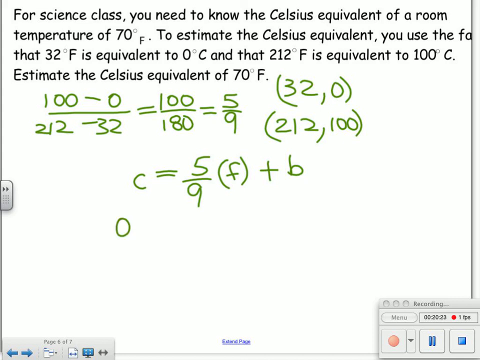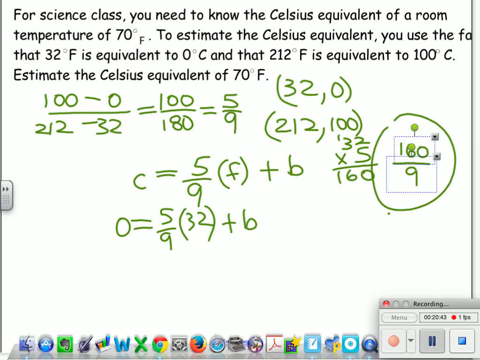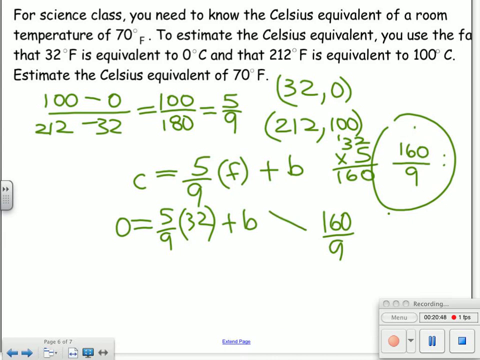I'm going to choose 0 as the number for the Celsius. So 0 is equal to 5/9 times 32 plus b. And I'm not going to bore you with the math. I'm going to do it quickly on the side. So this is the number I came up with as I went ahead and dealt with it. So that's the number I came up with for my value of b. And so now I'm just going to do Celsius is equal to 5/9 times Fahrenheit plus